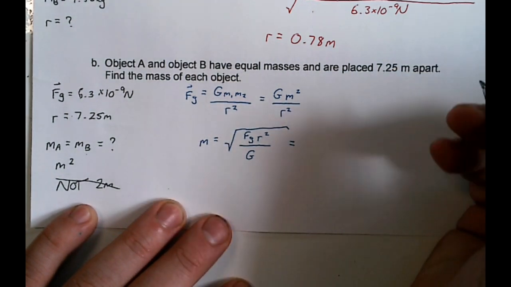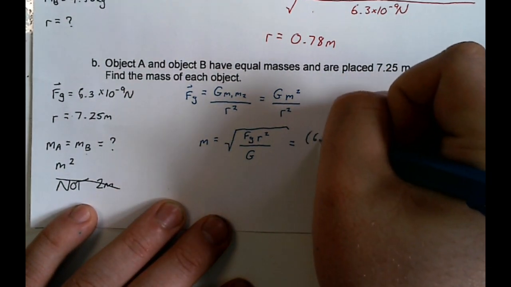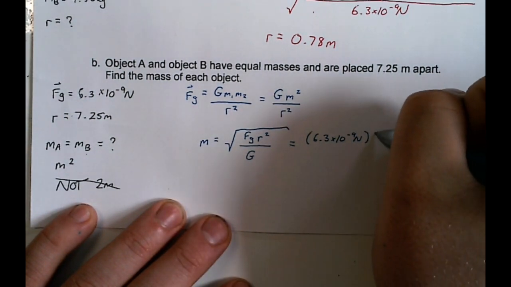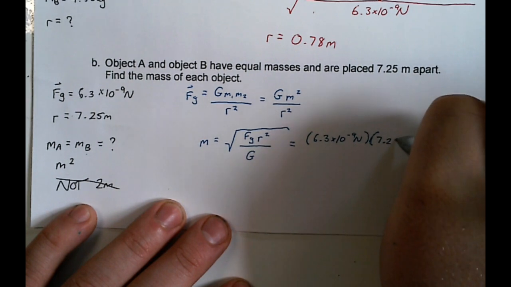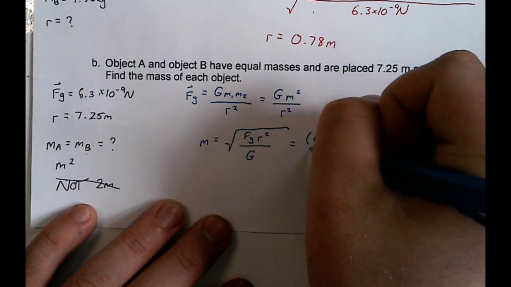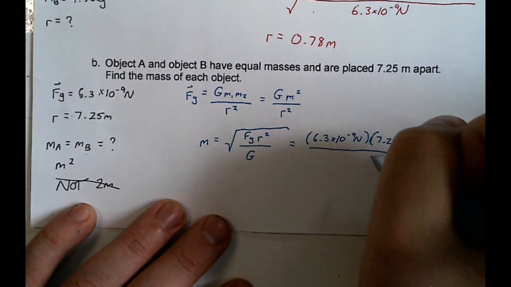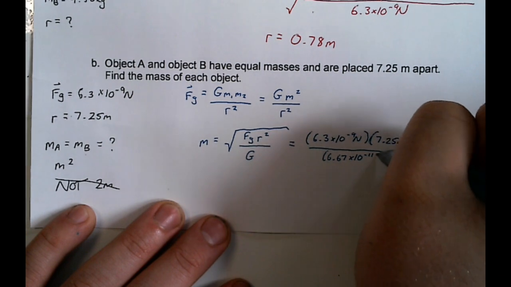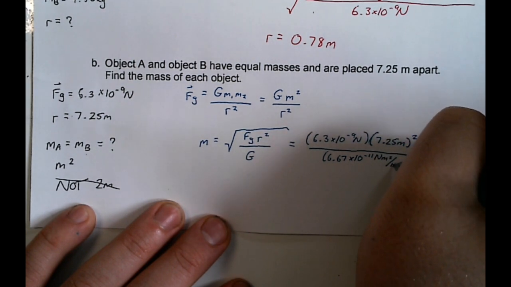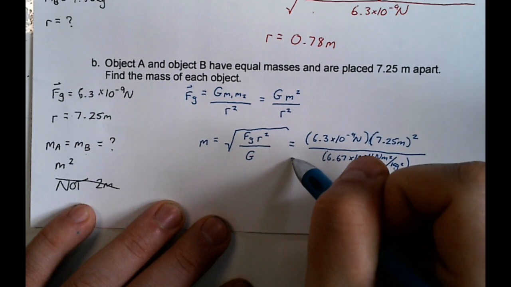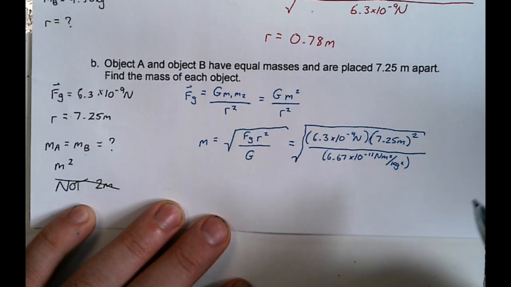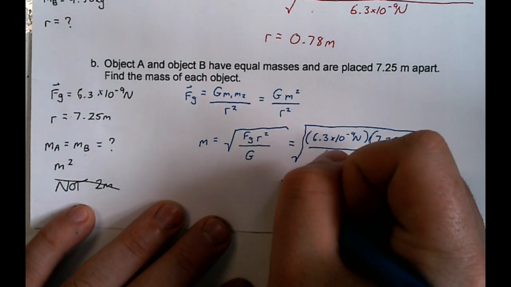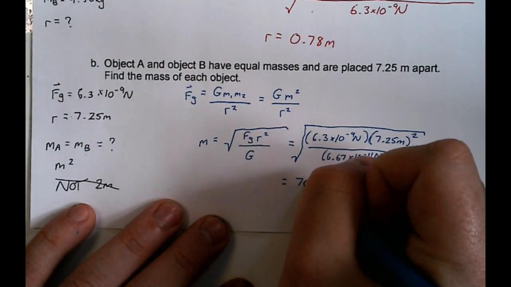When we plug the information in, we have Fg is 6.3 times 10 to the negative 9 newtons. We have r squared, which is the distance between, 7.25 meters squared, divided by our gravitational constant, which is 6.67 times 10 to the negative 11 newton meters squared per kilogram squared. Again, don't forget to take your square root for all of that, so you can figure out your mass, not your mass squared. So when you plug this in, you're going to find that the mass is equal to 70.5